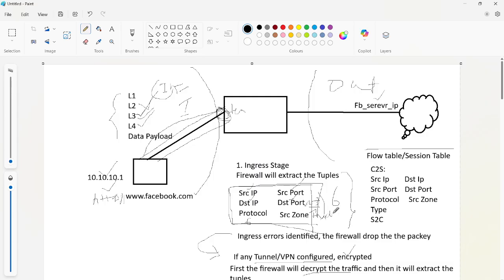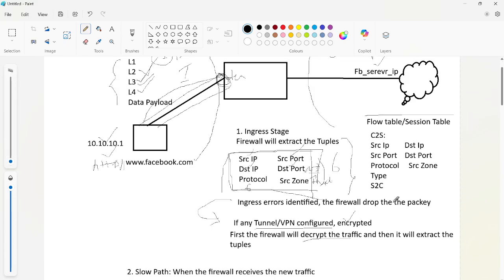Once it has extracted all these tuples, it verifies whether any flow in the flow table matches them. Only then can the firewall identify whether it is new traffic or old traffic. If there are no flows available in the session table for the tuples we have extracted,